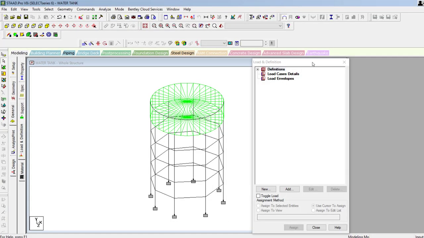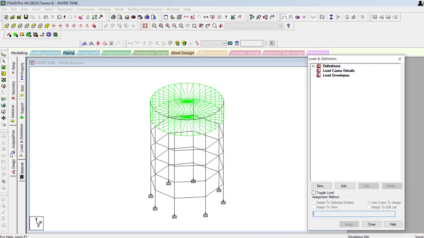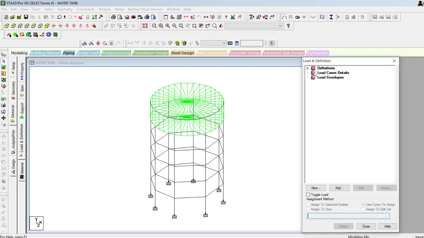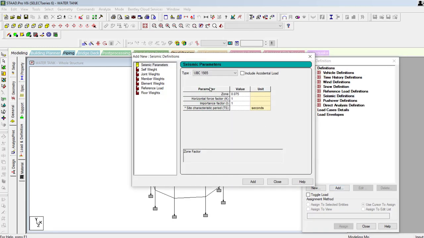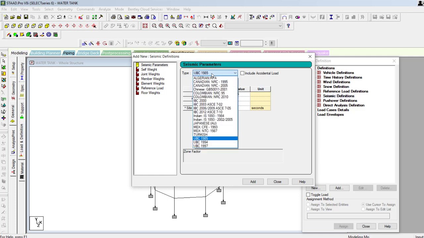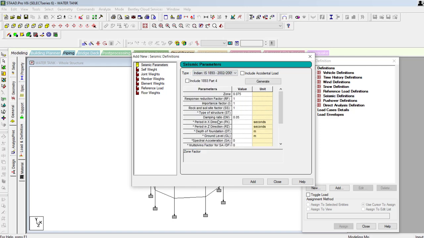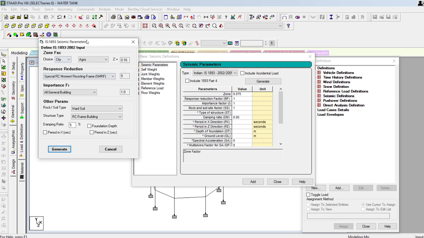For that, what I do is click on the load and definition. Next, definitions, seismic, add. According to the IS code, we are going to put this as IS 1893 2002 or 2005. Generate.